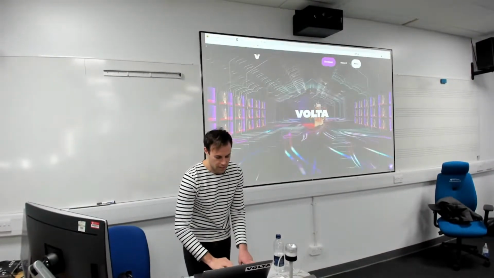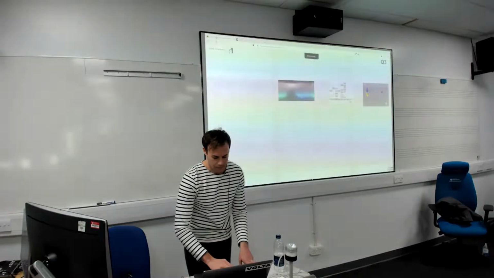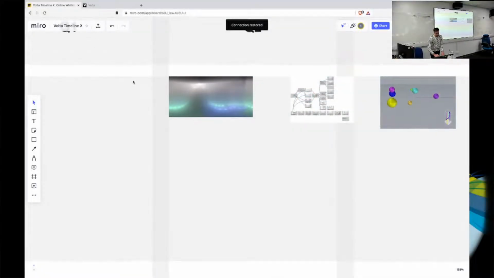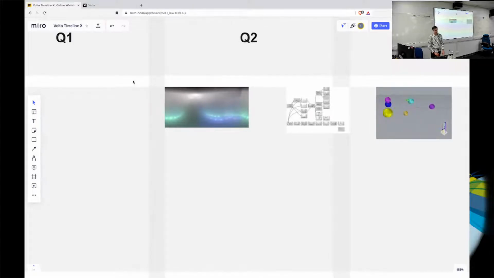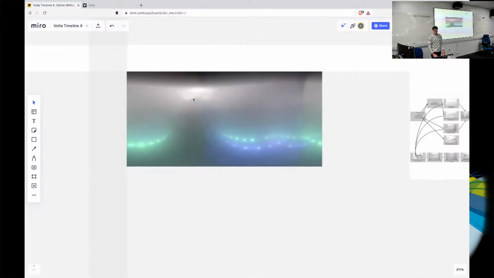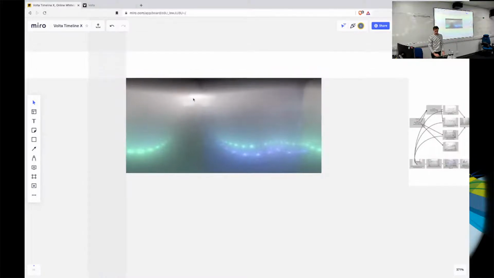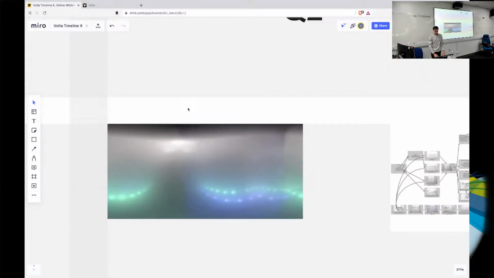And actually what I'll show you now is, I hadn't thought about this and hadn't looked at it for a long time, so this was a really good opportunity to refresh this. But I started a timeline of looking at how Volta's evolved over the last few years. So this is early experiments